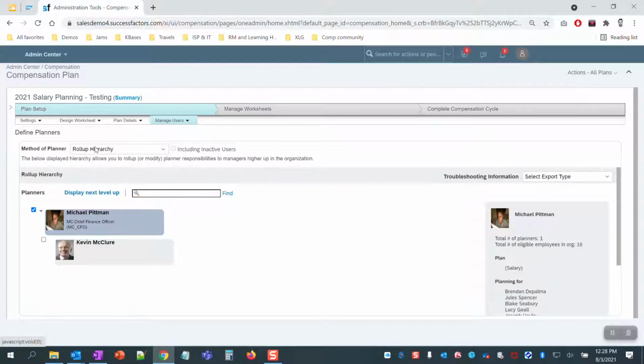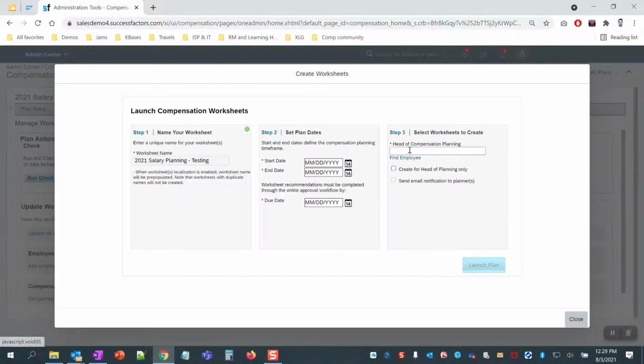Also, when using rollup hierarchy, if you want to create a worksheet for a particular manager, you need to enter the top of planning or the manager of that manager. So if I wanted to create a worksheet for Michael Pittman, I would have to enter Michael Pittman's manager as the head of planning when creating a worksheet. This is an issue that I've encountered before. Even though I flagged Allison Mahoney as